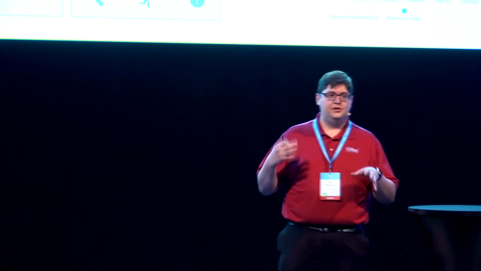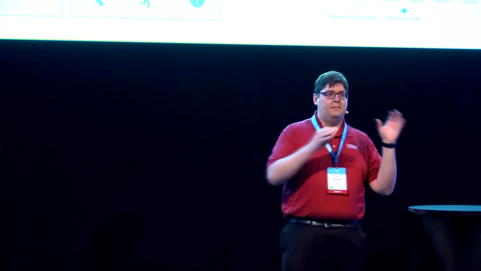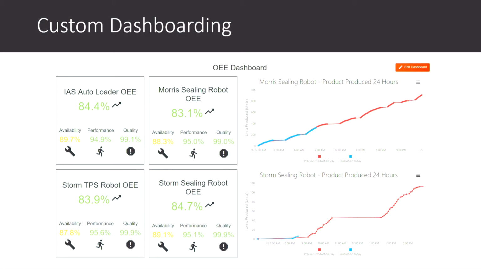Of course, with having all this information, the items that you guys have been seeing have been focused on seeing the data about one machine. But with a system that combines everything, we can look at multiple machines in one area. And that's the big goal of all of this, because you're not bouncing around between different areas. You build something that fits the view that you'd like to see.